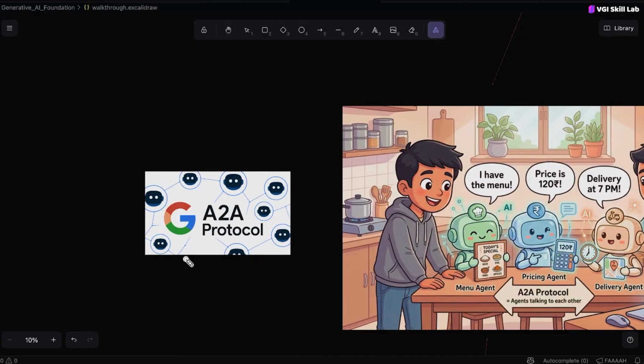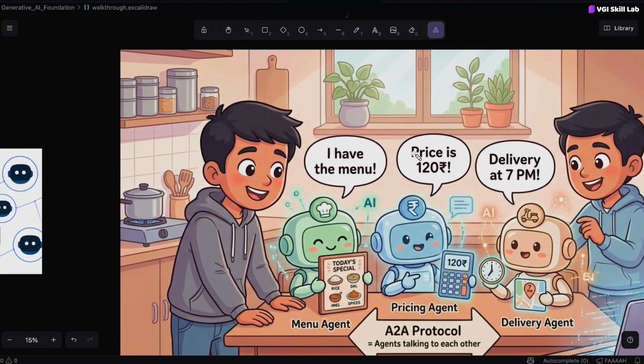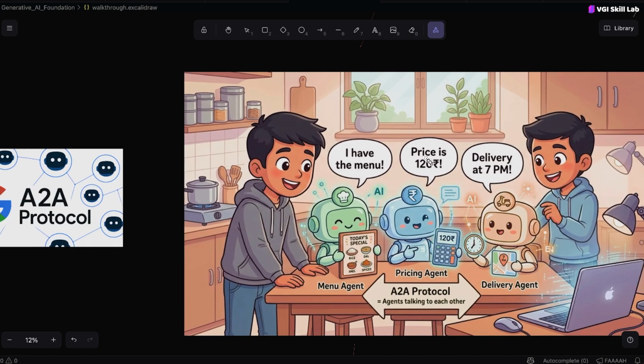After these things, we are supposed to learn about a very new platform, and these things are very trending nowadays, which is the Google A2A protocol. What is A2A? A means agent, so agent to agent protocol. We will see all these things in the later part of the video, but I would like to show you all these things in the very beginning so that you know the keywords. So what will this Google A2A do? It will help to create multiple autonomous AI systems which can communicate by themselves, so that Rohan can just see and watch these things working.